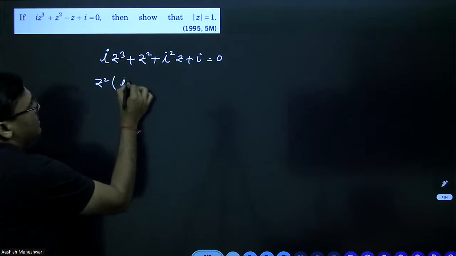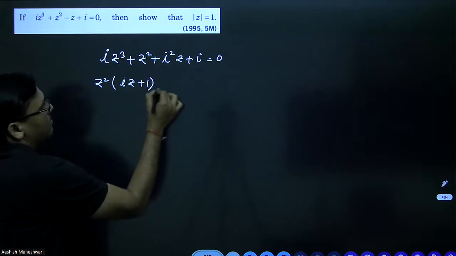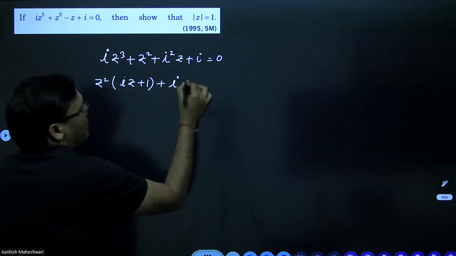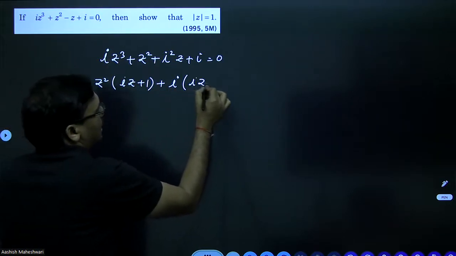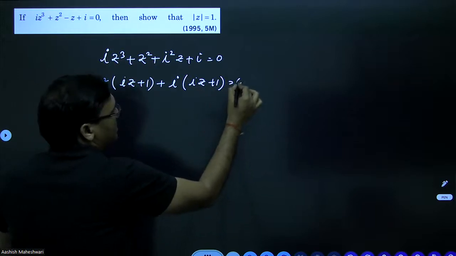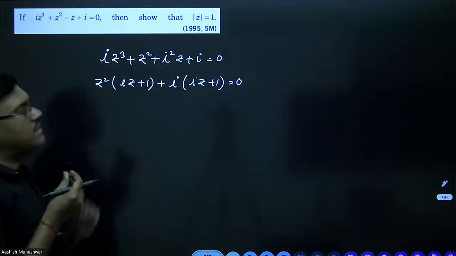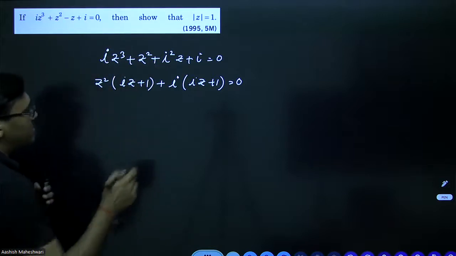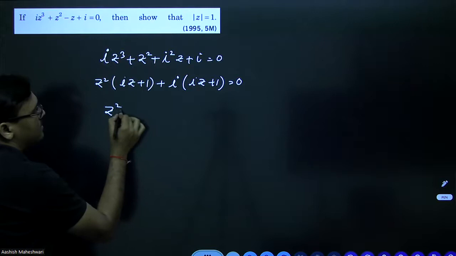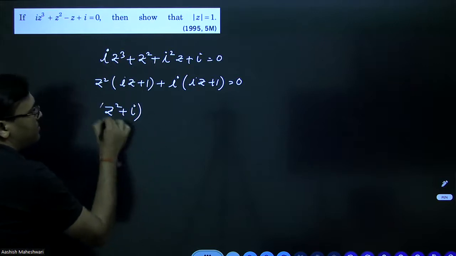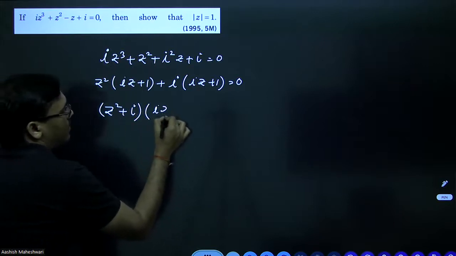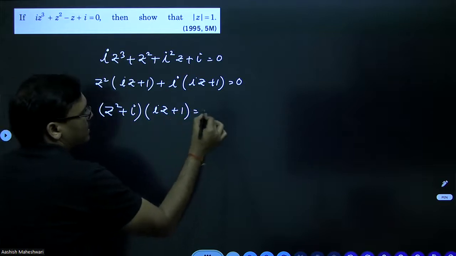This will become iota z plus 1 plus iota z plus 1 equal to 0. What I have done is I have just taken this iota common and z square common. So from this you can clearly see this is z square plus iota into iota z plus 1